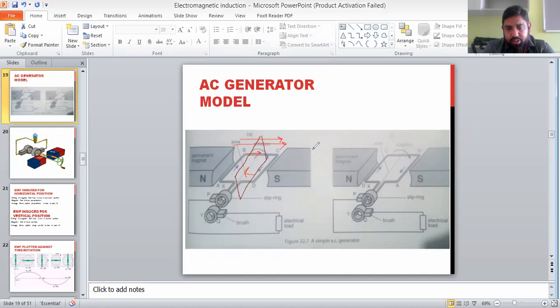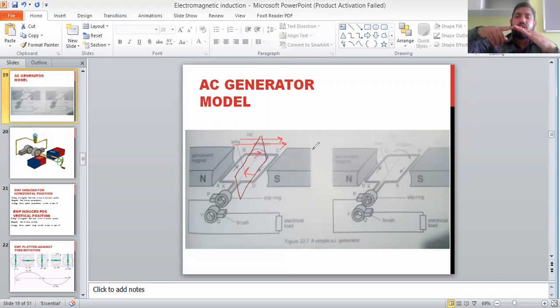So rate of change of magnetic flux will be zero in this case. I use an analogy here for the students. If you have a door and you're trying to open that door, this is the door and I'm applying the force perpendicular to the door. If I apply the force here perpendicular, I'm able to open the door easily. That's why knobs are always connected at the end and force is applied perpendicular to the door.